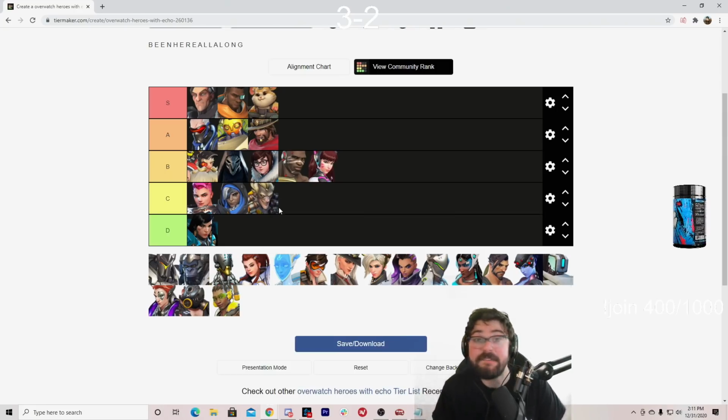If you're a Junkrat main, you can definitely main him, especially down in lower SRs. But I wouldn't say that if you're looking to climb right now, you should be maining Junkrat. It's just the sad reality, right? I love making things go boom on Junkrat too. I love mining into teams and ripping my Rip-Tire in front of everybody and killing them all. It's a really fun feeling, but I think there are definitely some other characters that you should be looking to